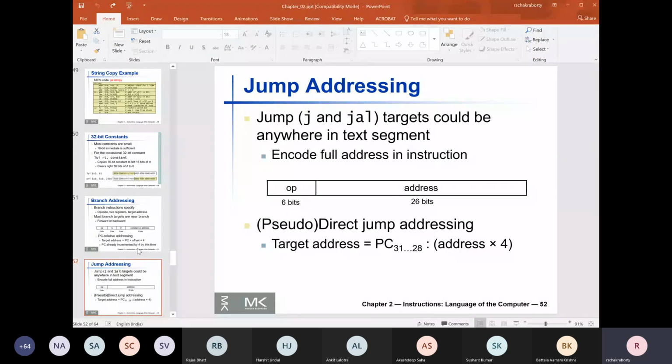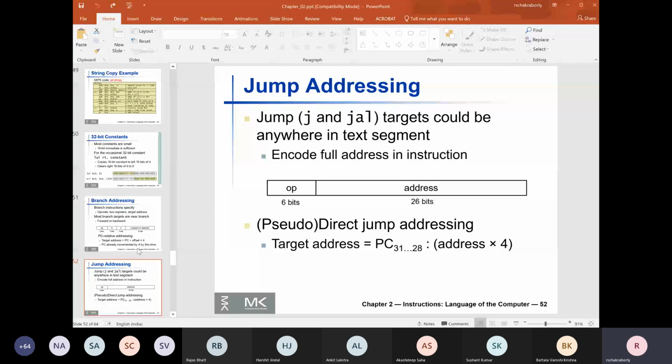The program counter is currently at some value, and I take part of the program counter, the upper 4 bits, and the 28 bits calculated by left shifting by 2 positions.